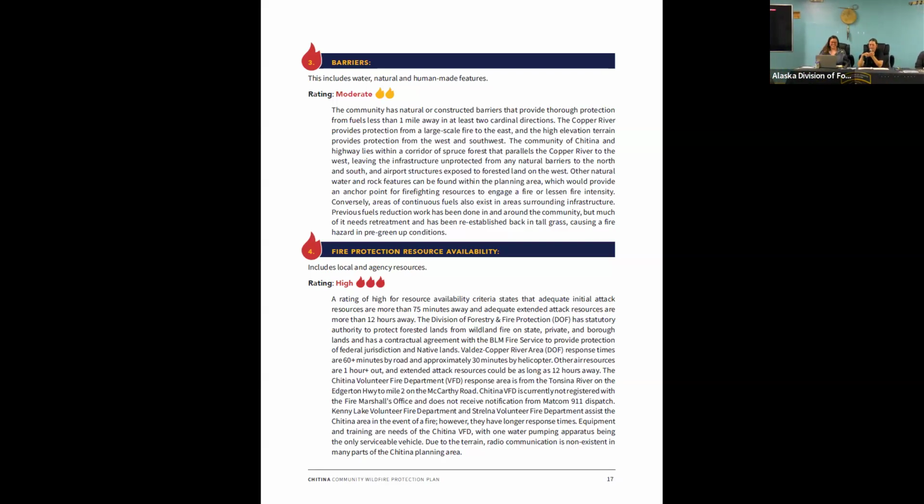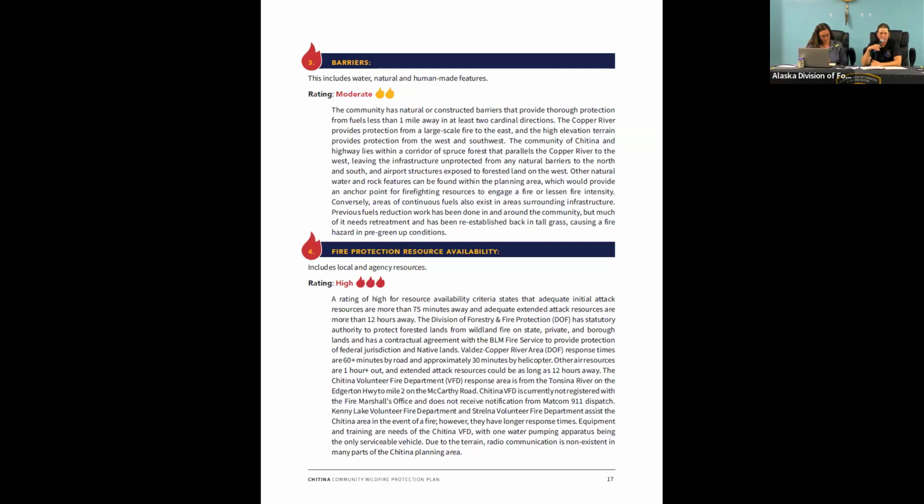And we appreciate Jeff's input because, again, for this plan to be successful, it's going to take everyone's input and everyone's buy-in and everyone to help out where they can with reducing the risk of fires within the community.